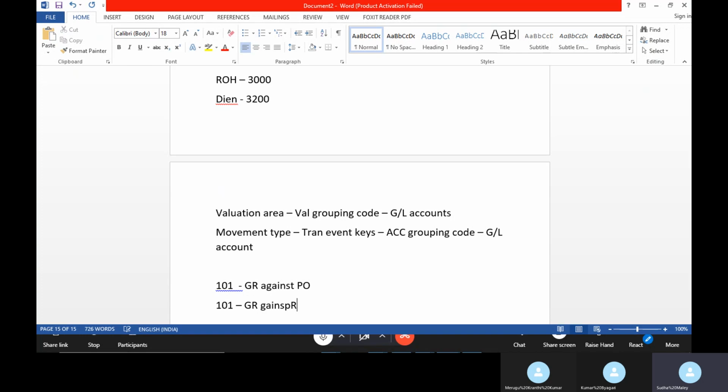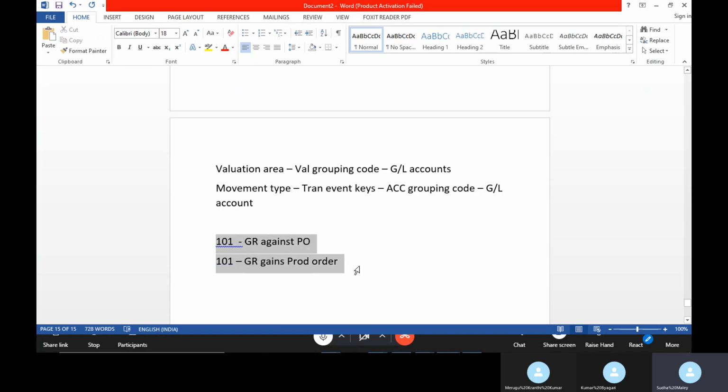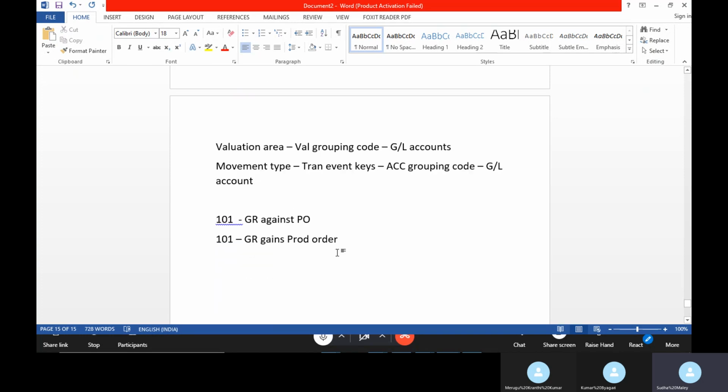If you want different GL accounts, even though the movement type is the same, the movement indicator is different: here you are posting against your purchase order, and here against your production order. So if you want a different GL account for this 101 and that 101, that is also possible. We call that a movement indicator. Based on the movement indicator also, you can have different GL accounts.